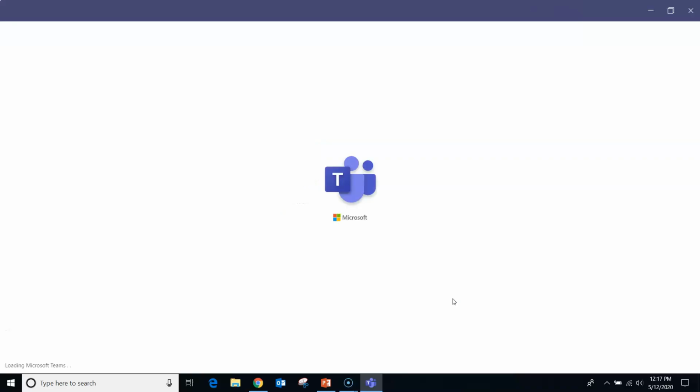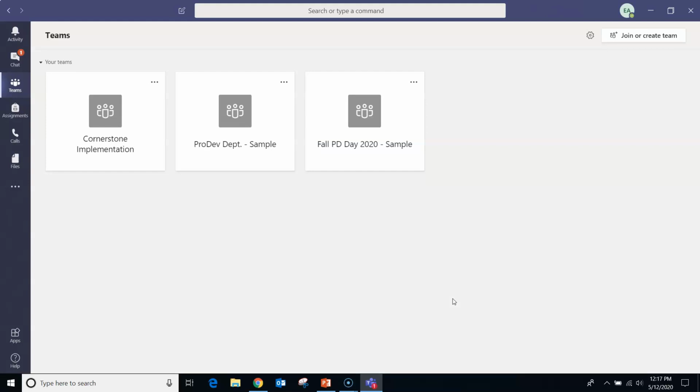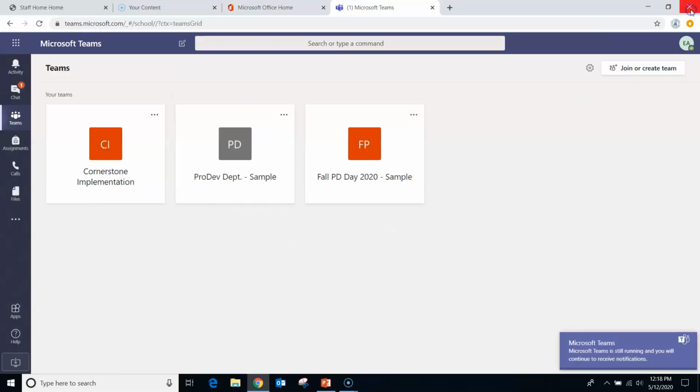It will then open up the desktop version. So we can see that it looks a bit different than the web app version. And this one has a few more features than that web version. Once you've downloaded it, you no longer have to log in via that website I gave you at the beginning of this video. Let me close out of it here, and I'm going to show you how to access the